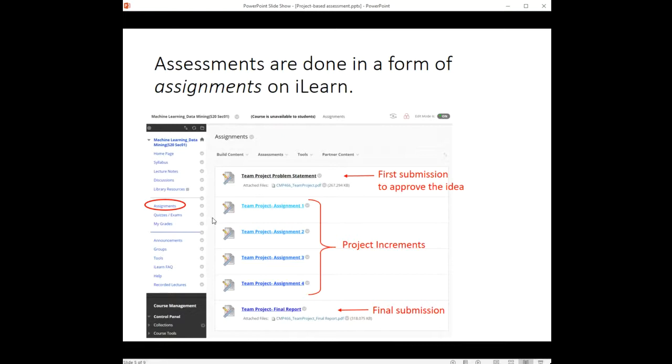Regarding the means of assessment, I have used iLearn, and simply I have used the assignments in iLearn. I did take a screenshot from the course assessment. This was the first assignment where they state their problem statement, collect the data, and describe what they want to do. And this one is actually ungraded. I just approve it and let them start the project. Those were the project increments. Last semester, they submitted 4